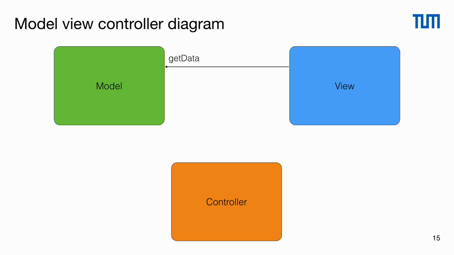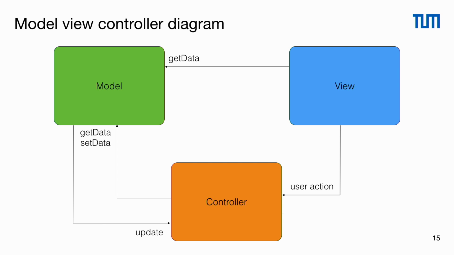The view passes the user action, in our case the new image for the student, to the controller where it is validated. If everything is fine, the controller sets the new data to the model. There are also other ways. So for example, when we have a change in the model, it can update the controller and forward it to the model. But it's also possible that the model updates the view. Have a look at the multiplicity here. Several views can rely on the data of the model,